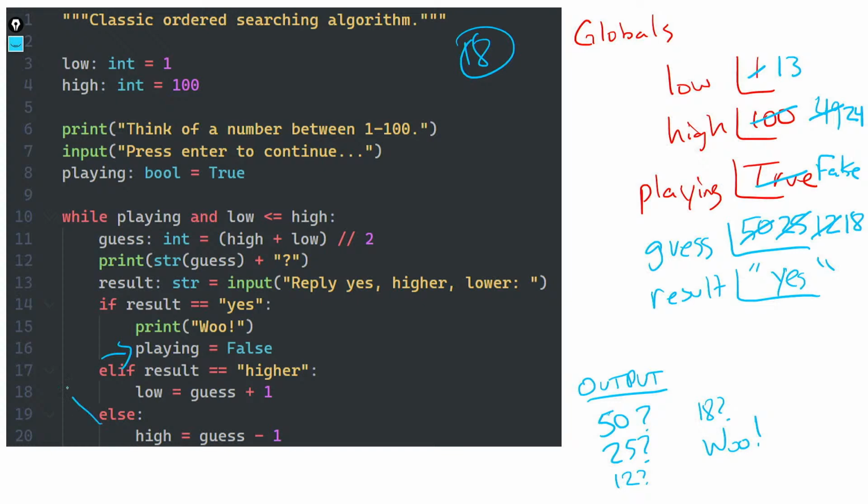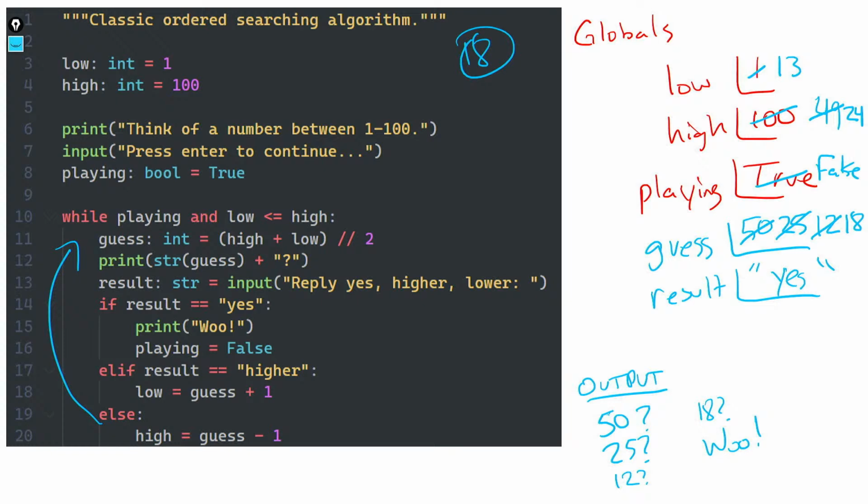And so when we get back up to the top, something that I was kind of skipping past, actually, that I shouldn't have, is each time we go back up to the top of this loop, we need to reevaluate this Boolean condition. Is playing still true? Well, playing was true this whole time. We just now updated it to be false. So false and another value means we're done with this loop. But we should have also been checking, is low less than or equal to high? Throughout this whole time, low was less than or equal to high.